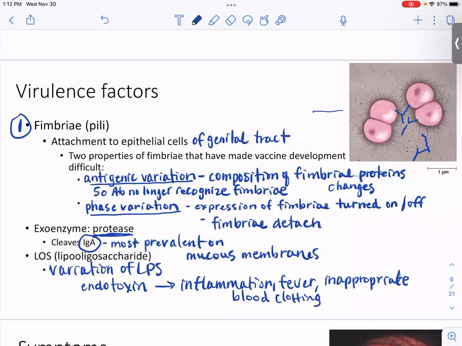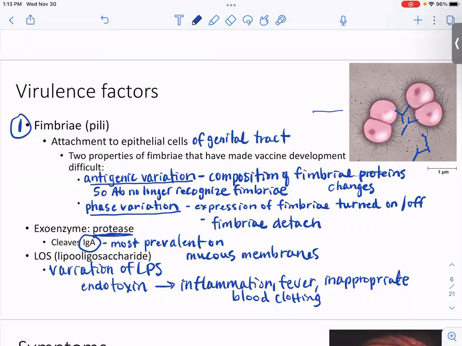And maybe the effect of that is a little bit more prevalent in Neisseria meningitidis, but that endotoxin will cause blood to clot in some places where it shouldn't be. And then when all those clotting factors of the blood are kind of used where they shouldn't be, then maybe in other parts of the body, the blood isn't clotting like it should be. So we get kind of, again, inappropriate clotting there. Okay.